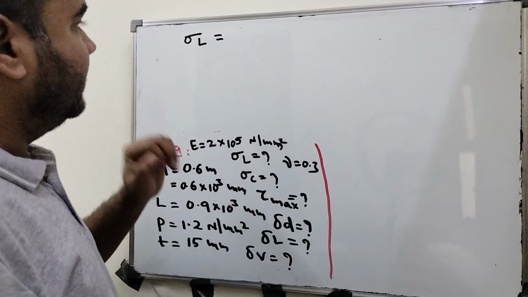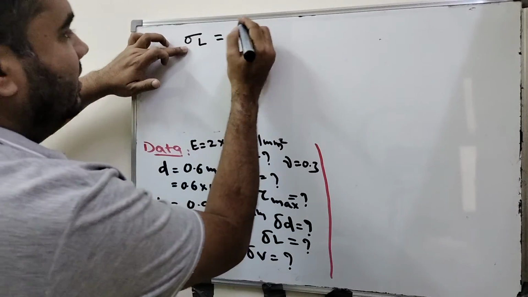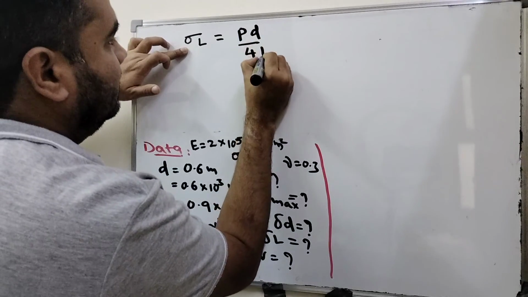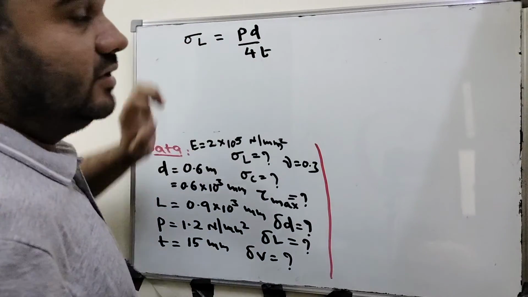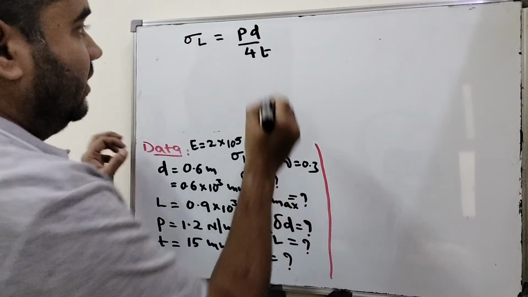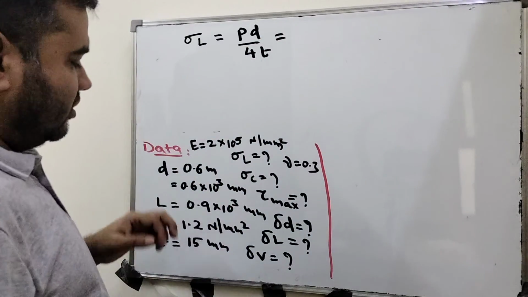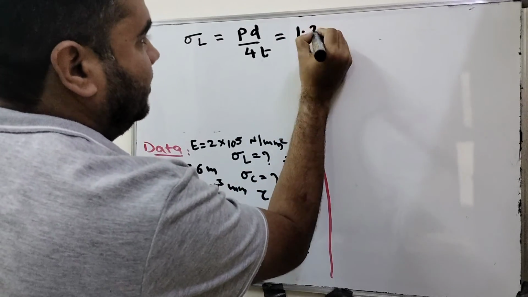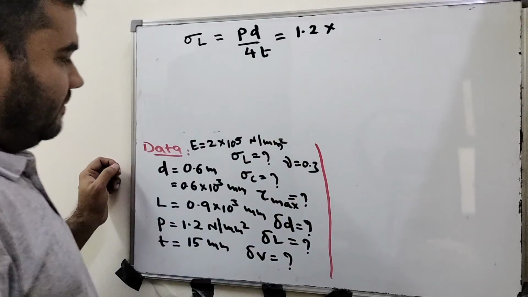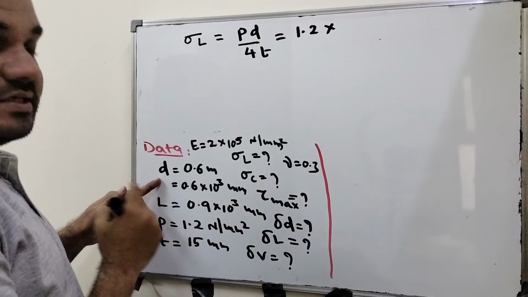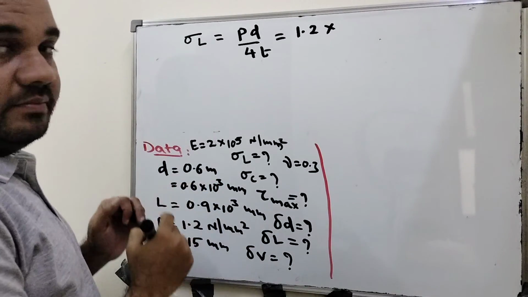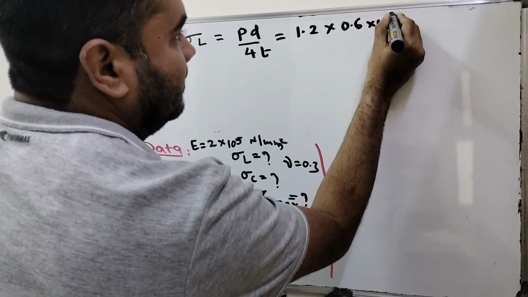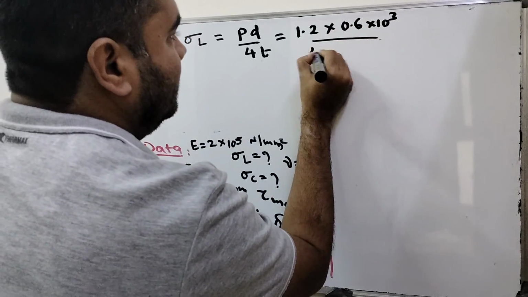Now I'll write according to that. Longitudinal stress is PD by 4T, pressure into diameter divided by 4 times thickness. Now substitute. Pressure is 1.2 Newton per mm square, into diameter, 0.6 into 10 raised to 3 mm, divided by 4 times